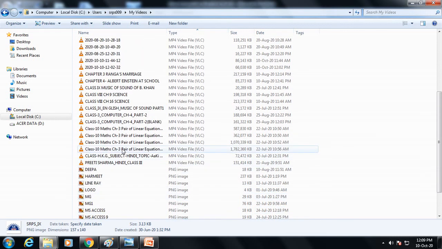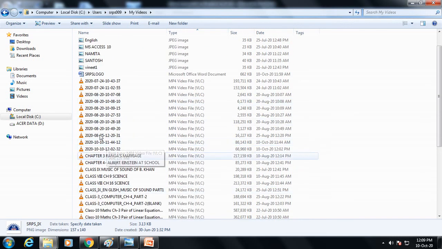But as you can see, these are video files. Video files consume more memory. As I move my mouse over a particular file, you can see the size of this file, 84.1 MB. Let's see another file, 115 MB, means the storage of this file is 115 MB.